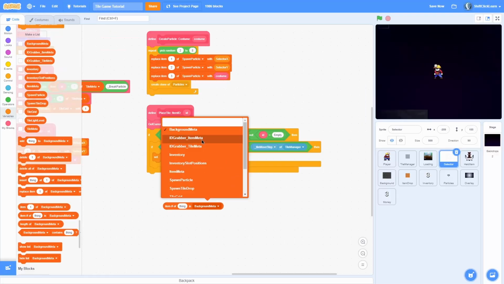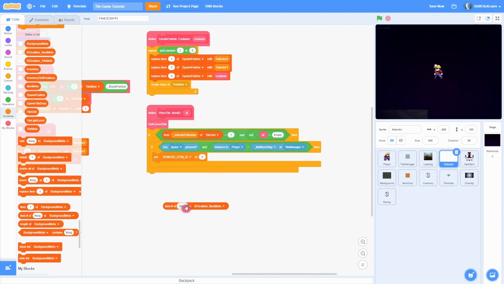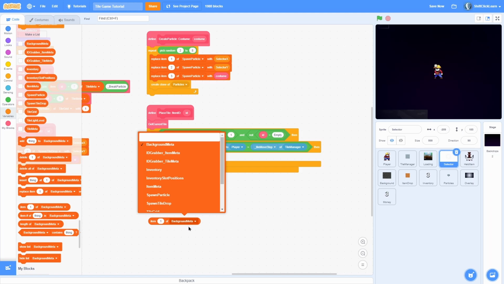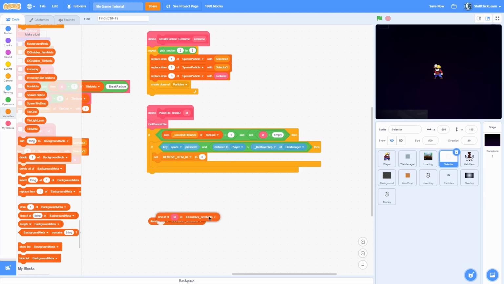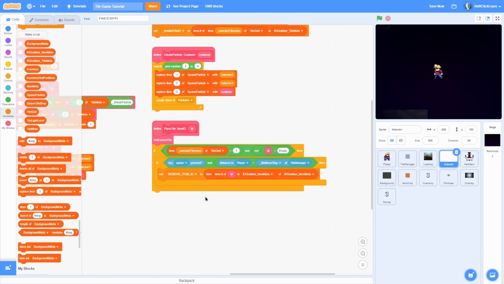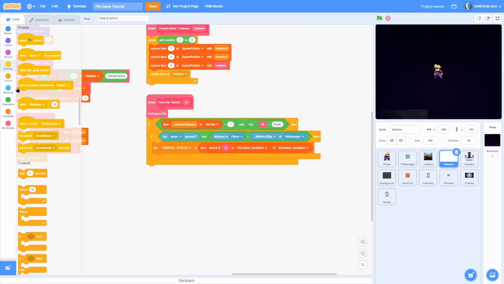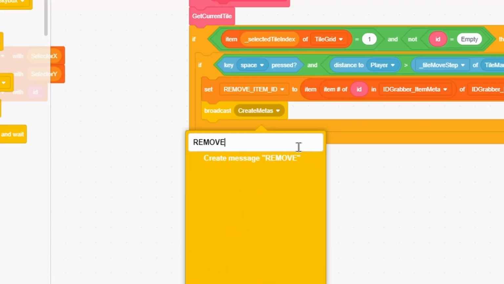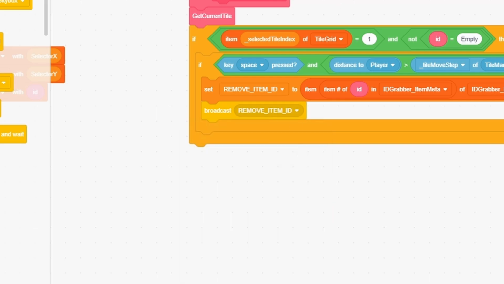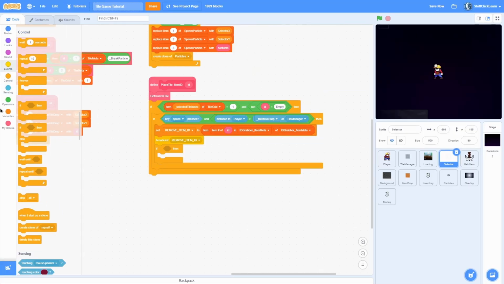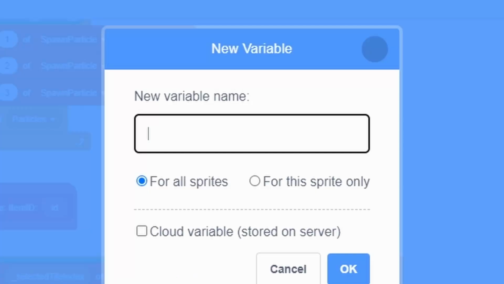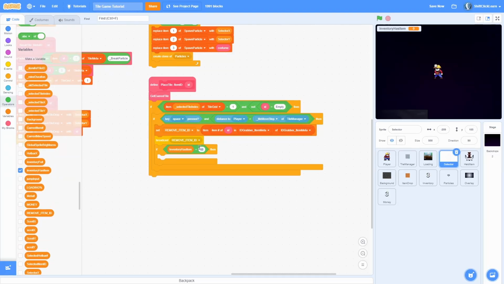thing and change this to item meta here, and then do the item number of ID in the ID grabber, then do the item 1 of the ID grabber for the tile meta and put that in there. So that'll give us the ID of the item. Then we want to make a broadcast remove item ID like this. Then we want to check if we have that item. So make a variable called inventory has item like this. So if the inventory has item is equal to true,